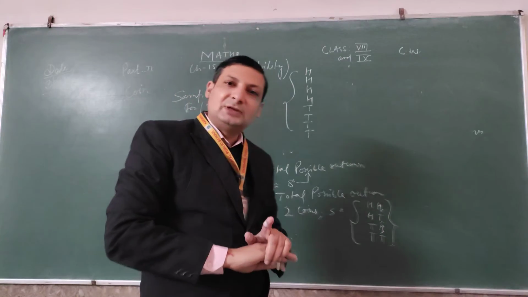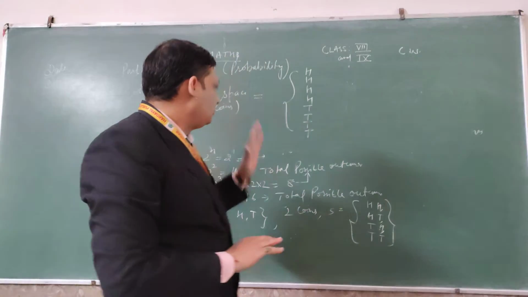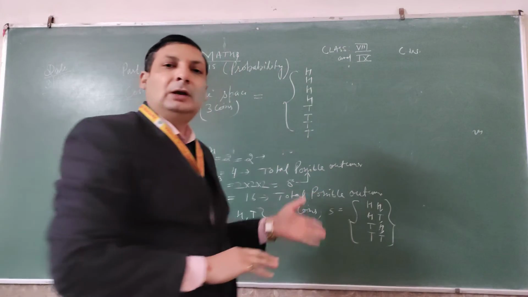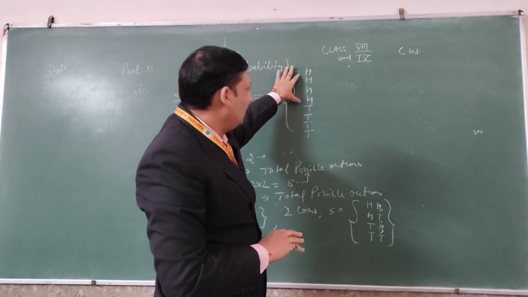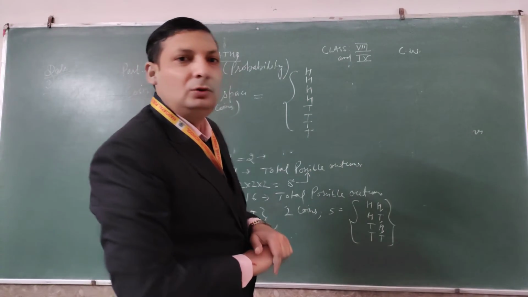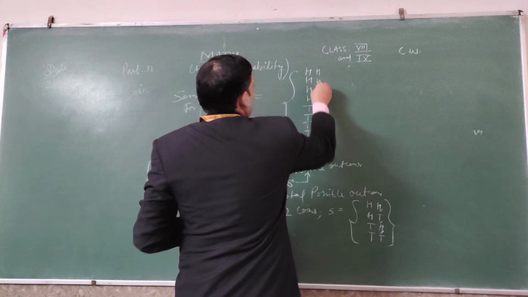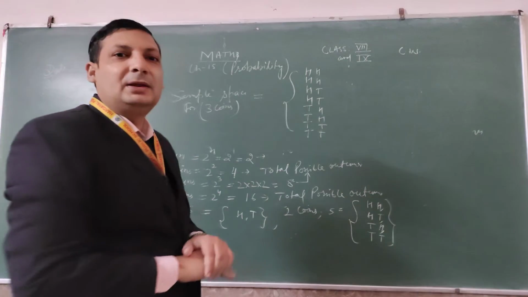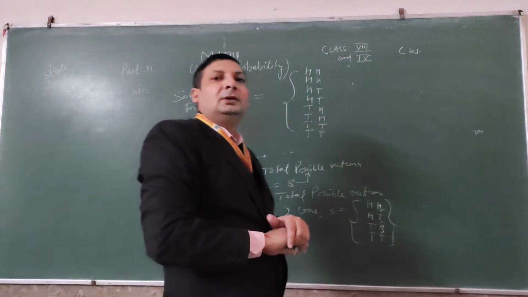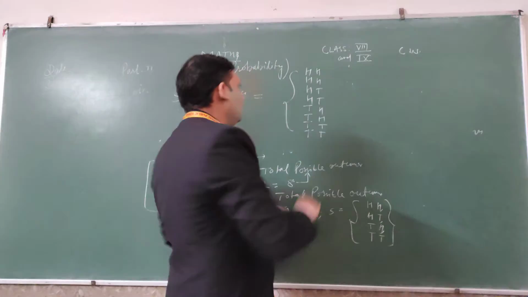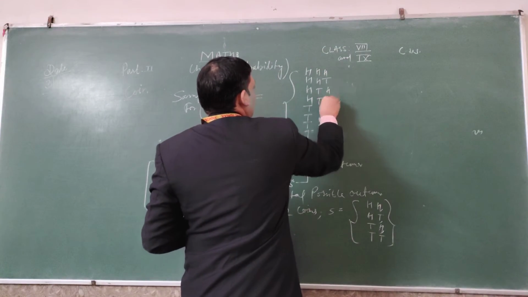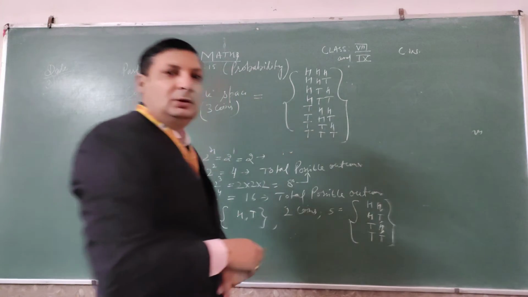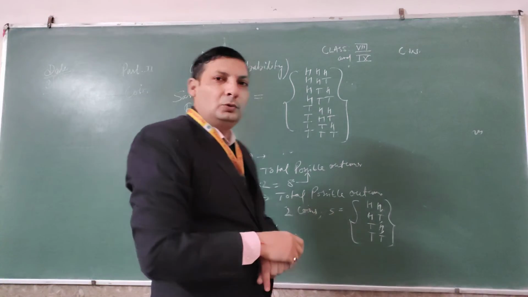So what I have done in the first step, we have to divide the total outcome by 2. So it means 4 outcomes will come, 4 head, 4 tail. Now I will divide the 4 heads by 2. Half of 4 is 2. Then 2 head, 2 tail, 2 head, 2 tail. Now at the last, on the third toss, I will divide 2 by 2. So 1 head, 1 tail, 1 head, 1 tail, 1 head, 1 tail, 1 head, 1 tail. These are the possible outcomes when we toss 3 coins all together.